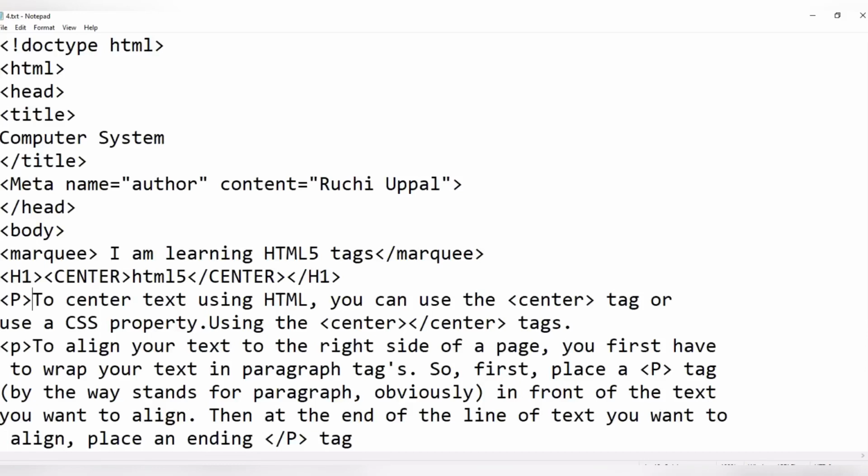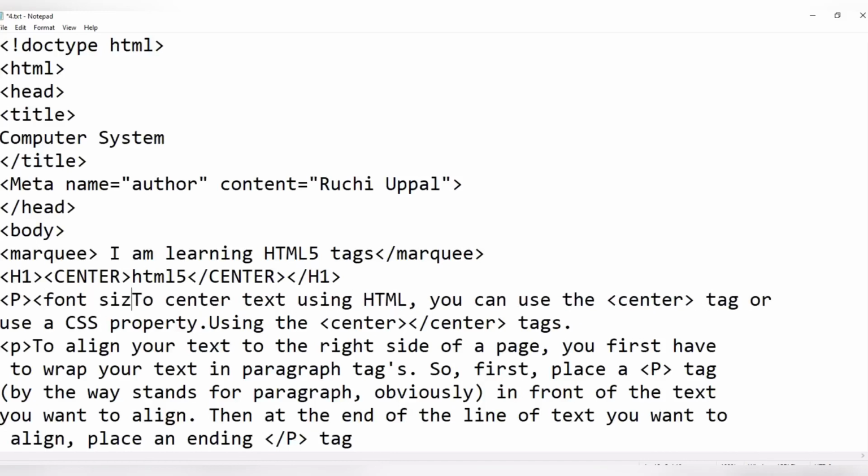Let me see that font size. I am using here the font size attribute, and whatever the size, suppose I am writing here 5.